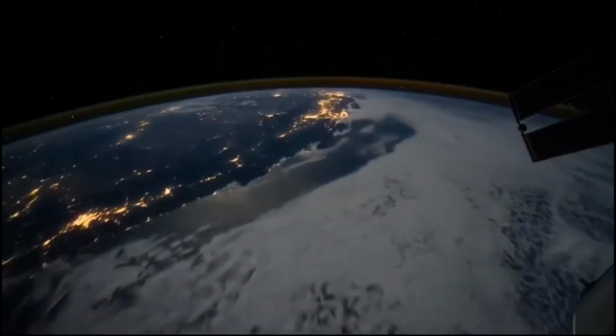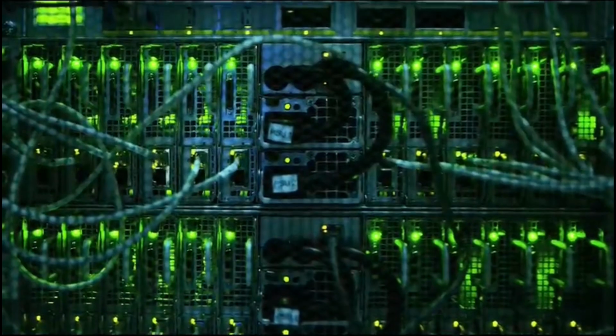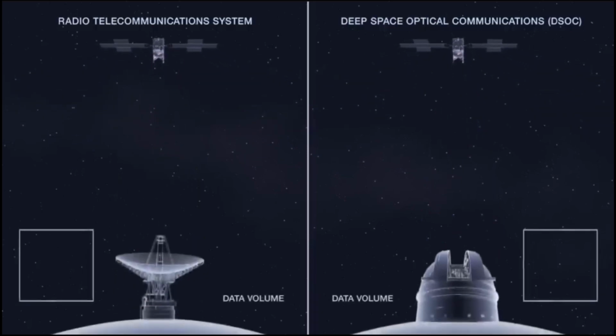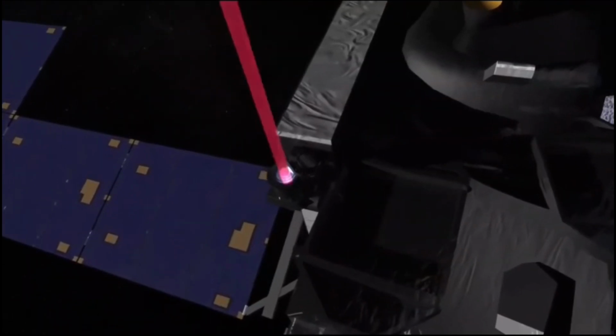Radio waves have been the backbone of space communications for more than half a century. But as space missions generate exponentially more data, more transmission capacity is required. At the same time, we are reaching the limits of what radio can handle. That's why engineers are now looking to harness the power of laser beams and offer a solution to the growing